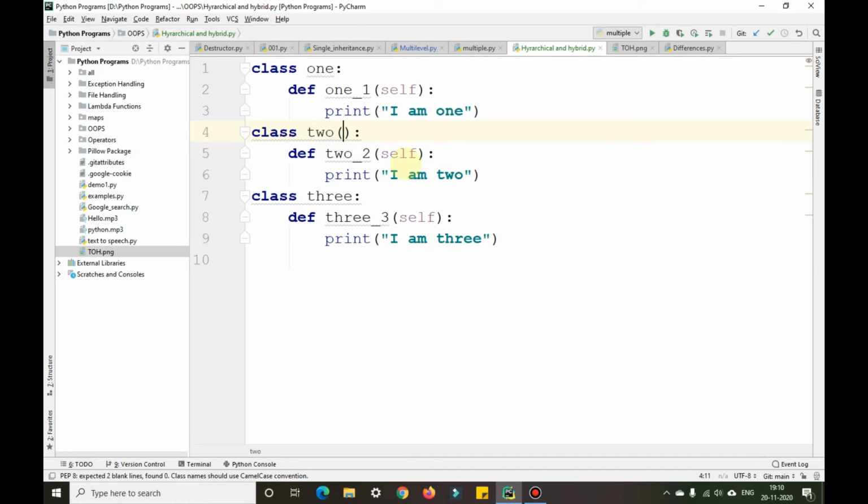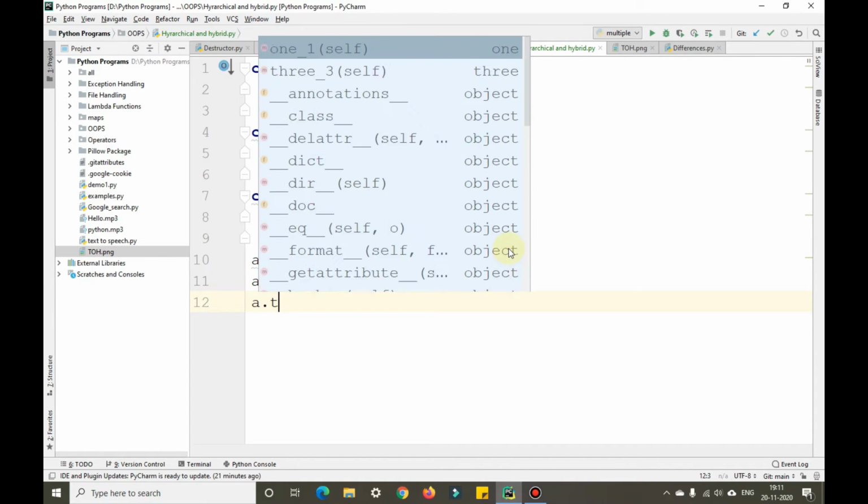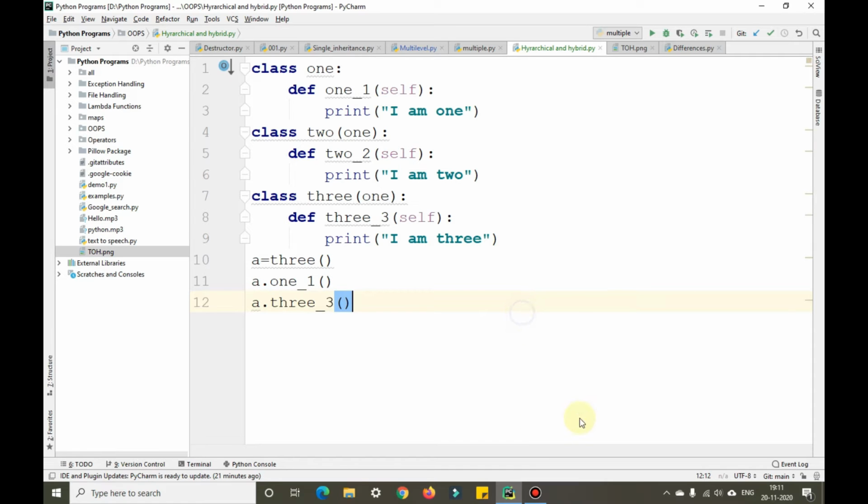So I'll inherit 1 in this, and also I'll inherit 1 in this as well. So when I create an object a equals to 3 and call a.1 and a.3, you can see we can print 1 and 3 here.